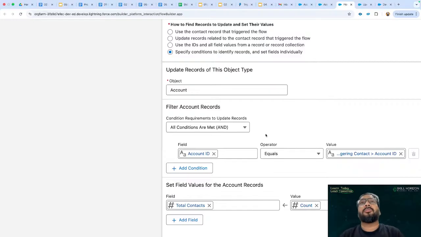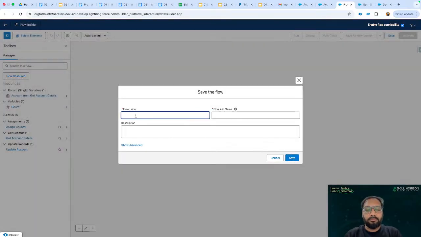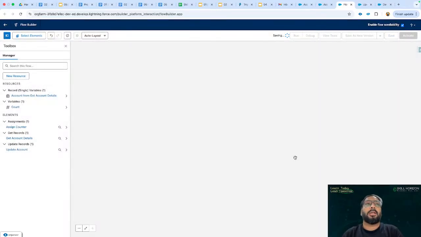Okay, so this is one way. Like here on account, if any existing contact is available, those will not be part of the counted value, because the total count field we created just now. So existing records will not be counted, but if you create new records, those will be counted properly. So I'm just closing it, saving it, naming it as total contacts on account. I'm going to click on save,